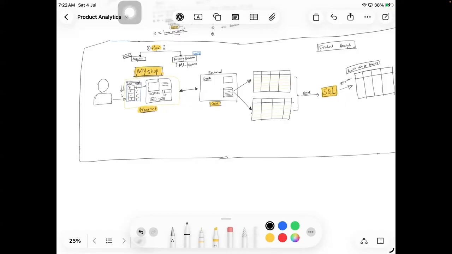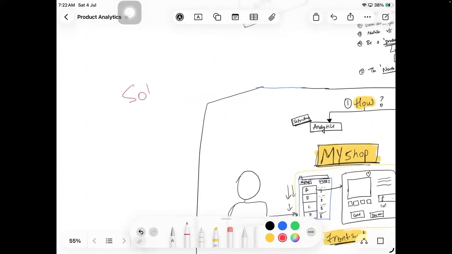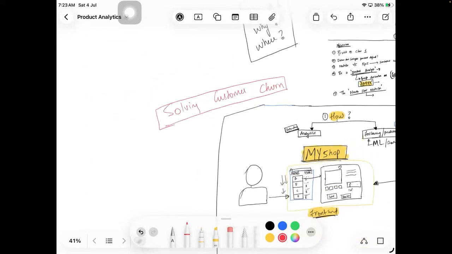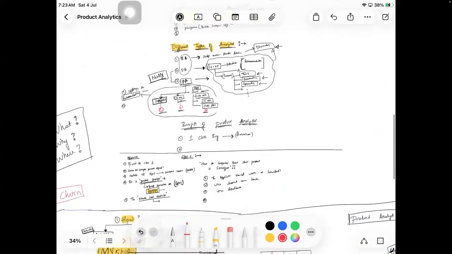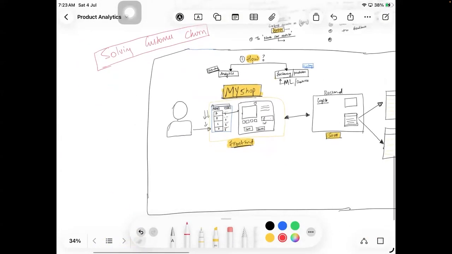My main question was customer churn. Okay, I will write the question here. Solving customer churn for the e-commerce website that we created. This one for my shop. Okay, solving customer churn. The first time, I mean, the users are ordering first time, but second time users are not ordering the product. As a North Star metric,